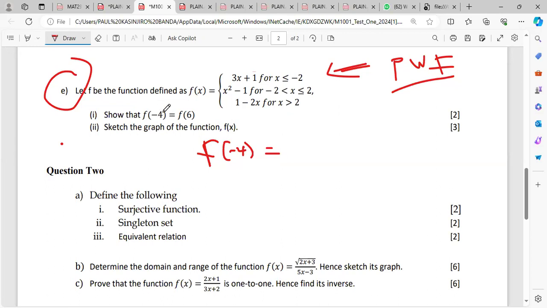So -4 is in which of these regions? Okay, we see that you only find -4 in this region here, which says x is less than or equal to -2. If I draw this region on the number line, and I have -2 there,